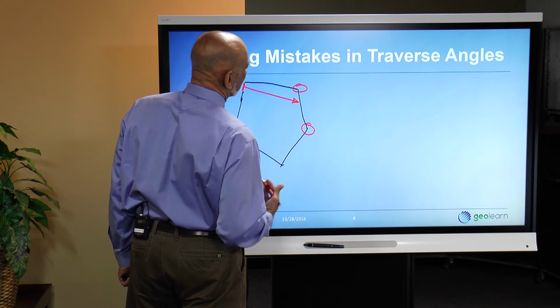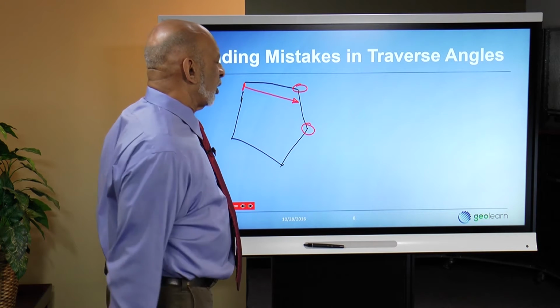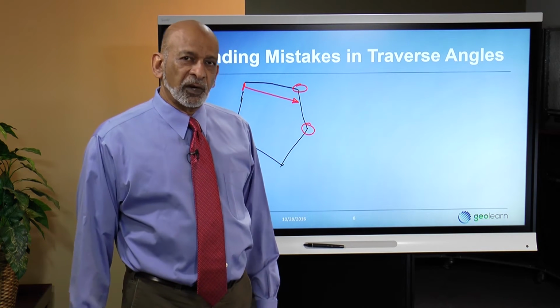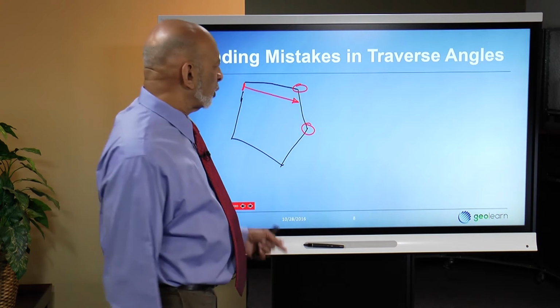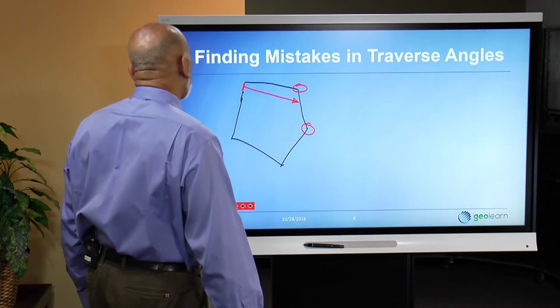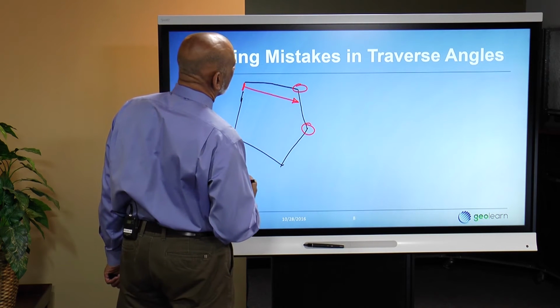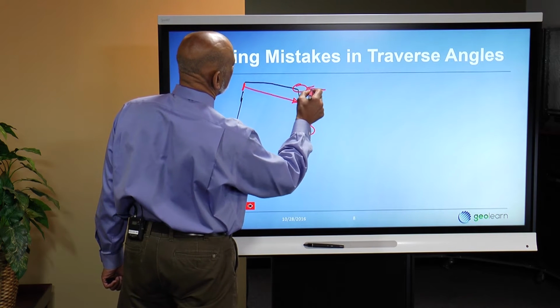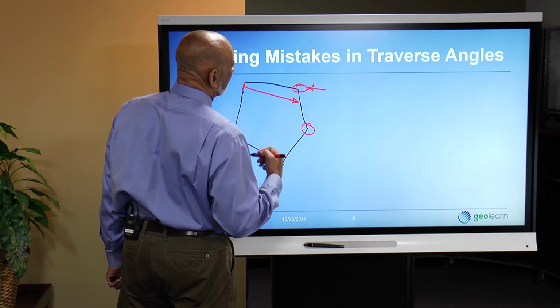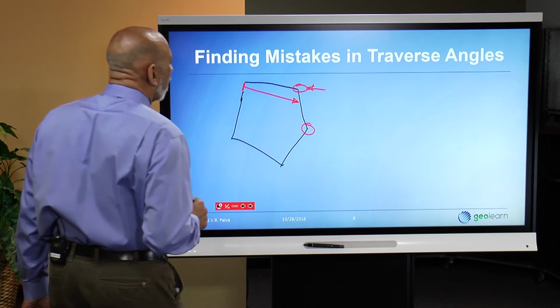So if I was doing some investigation, and I've actually experienced this in the field, where I had maybe a 50-sided traverse, that's a lot of work to go back and remeasure everything, so you resort to this technique. And I've actually had situations like this where maybe I had a 1 degree error or something like that, pointed in between, so I go out and check this one, and in a particular case I'm remembering, I actually found half the mistake, half of the